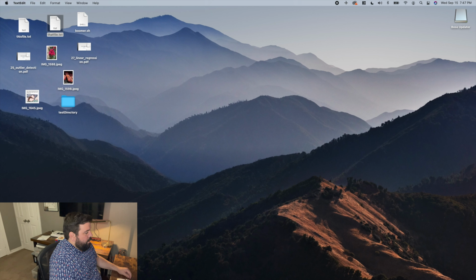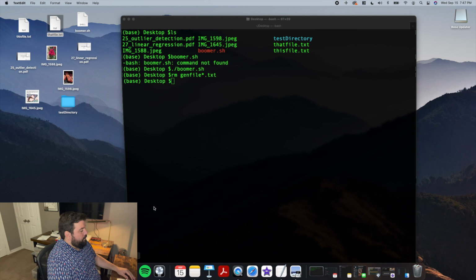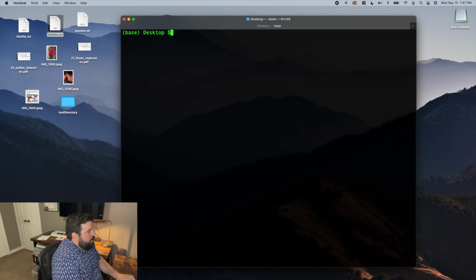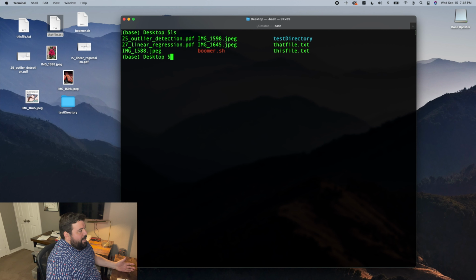Every computer has one. This is a Mac OS, and Mac OS has a default program called Terminal. So here is the command line interface for this computer. This is the desktop. This is the same directory that I was currently looking at before. Now, when you're looking at a black screen, you might be asking yourself, where is everything? Well, we can command the computer to list everything that's in the desktop. And as you see, all the files and all the items that were there graphically are here in the command line. We can open our image file,